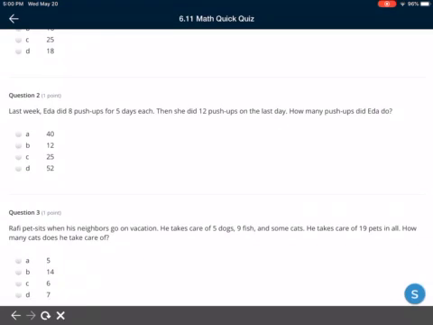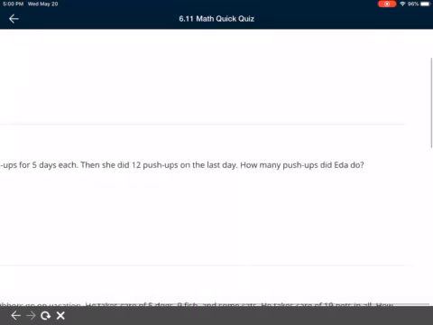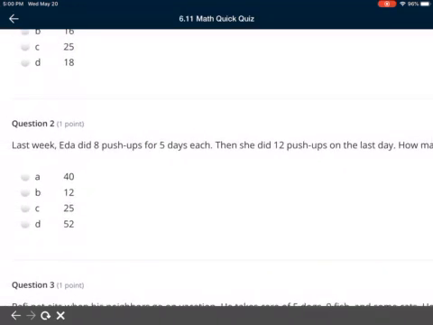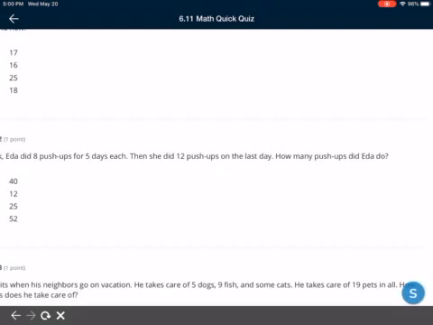Question 2 says, last week, Ida did 8 push-ups for 5 days. Then she did 12 push-ups on the last day. How many push-ups did Ida do? So this is where I'm going to look at that last step question. It says, how many push-ups did Ida do? Well, on the last day she did 12, but it said on the first 5 she did 8. So I have to think, okay, before I can use that 12, what do I have to do first? So it's going back to trying to figure out, what is my first step question? Once I have my first step question answered, I can use the next part of information to get that last step of how many did she do